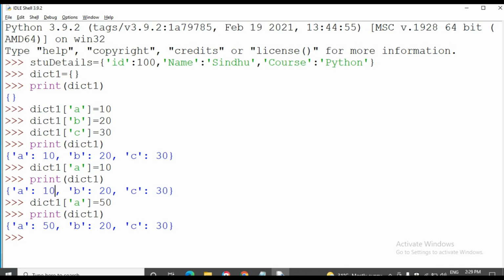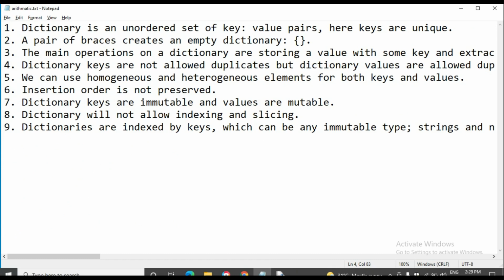Initially we had the value 10 for the key, and after I modified it, I added the value 50 for the key A. So now we got the value 50. So the dictionary allows duplicate values, but it does not allow duplicate keys.